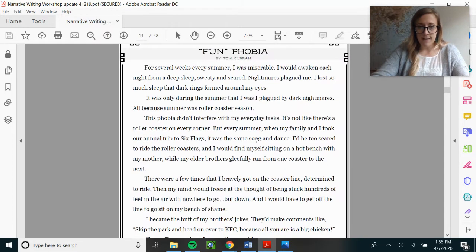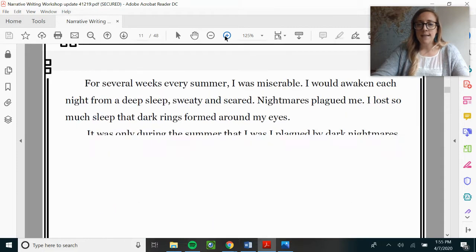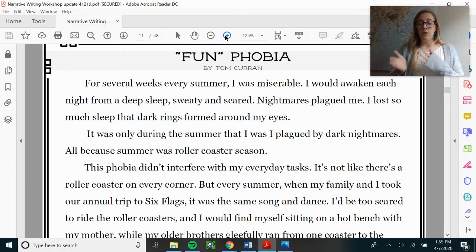What we're going to look at today is a mentor text. This text is a mentor text. That means that we're going to read it and we're going to make ours similar to it. This is like an example of what an amazing personal narrative looks like to help us set the expectations of what ours will look like.